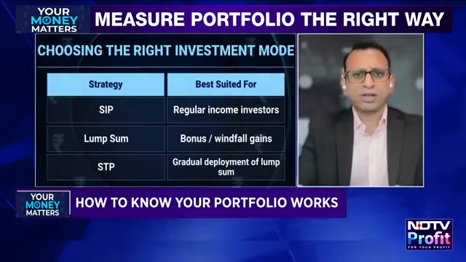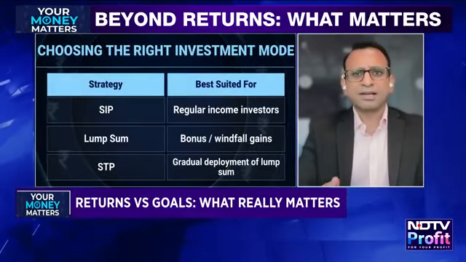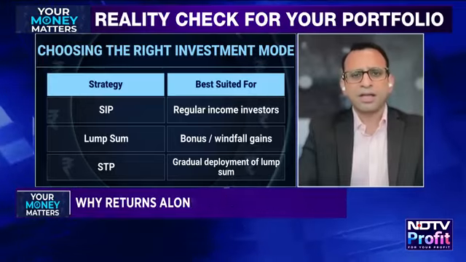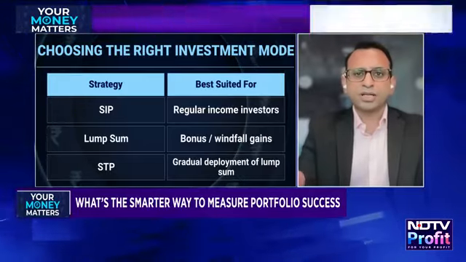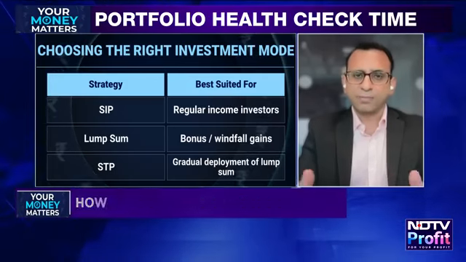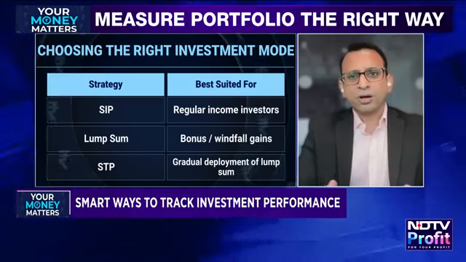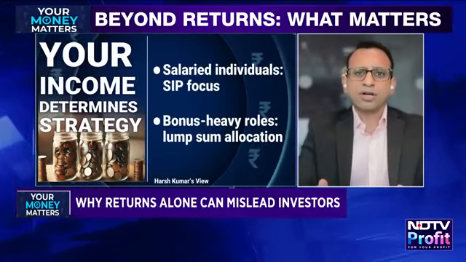So there are two dimensions to that, and you touched upon that. One is the cash flows of an individual, and second is the valuation in the market. Now, suppose you are in a profession where your lumps are higher than your monthly cash flow. For example, if you are in a startup and you are dependent on your stock options liquidity, then you will get a lump which is going to be far higher than your normal salary. If you are a celebrity, if you are in a profession like you are a cricketer, like you're a sports person, you may get money 4 5 times in a year, and you have to manage how to effectively deploy that money. If you are in a job where your bonus is far higher than your monthly take home, then also you are dependent on deploying lumps.